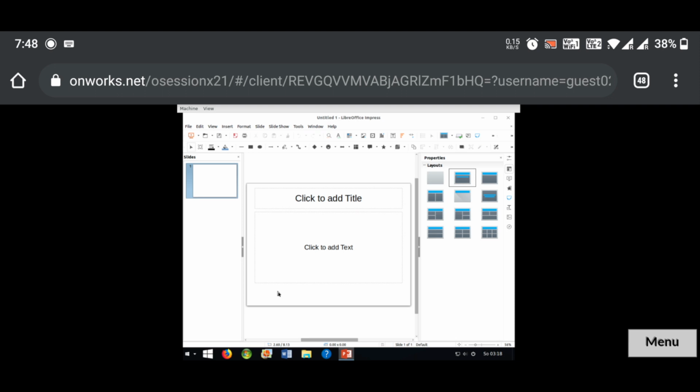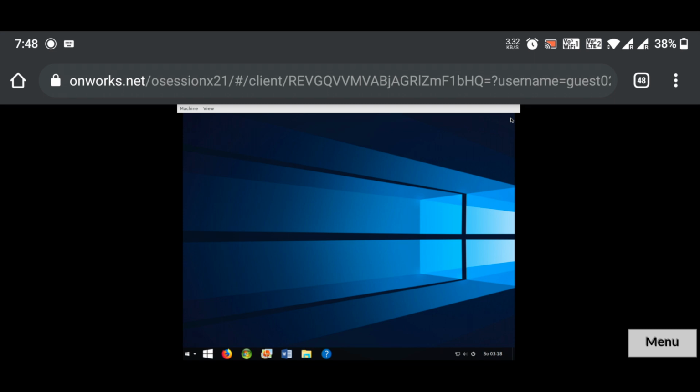And one thing you also have to make sure of is that if you want to save the state of this virtual machine, you have to create an account on this site. After that you have to click on this machine option. So first of all, let me close LibreOffice and show you the machine option. Here you can see, you will find an option to pause the virtual machine, reset, power down, or quit. So if you want to save the state, you have to make sure that you create an account, and when you click on pause, it will save the virtual machine state.